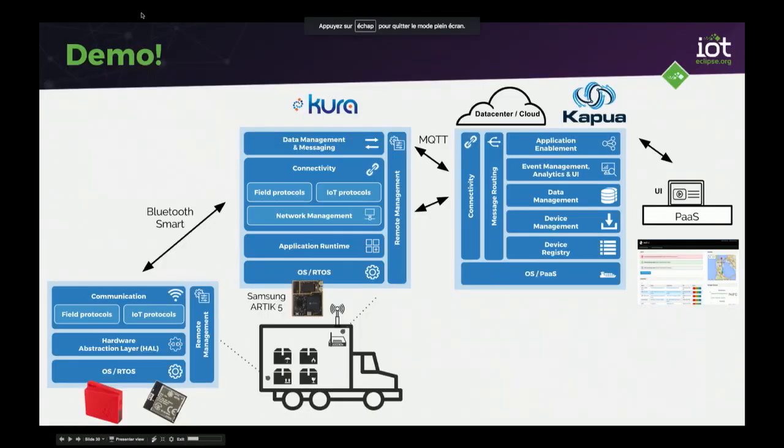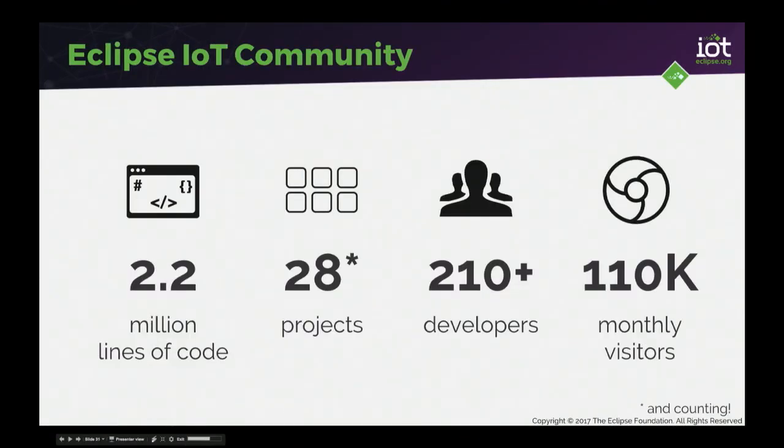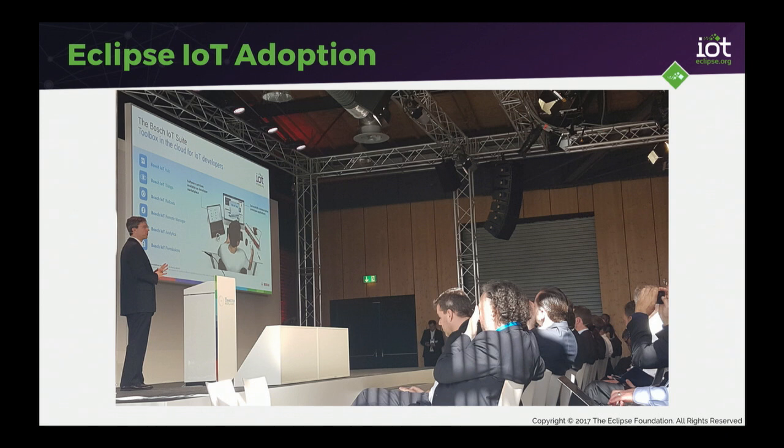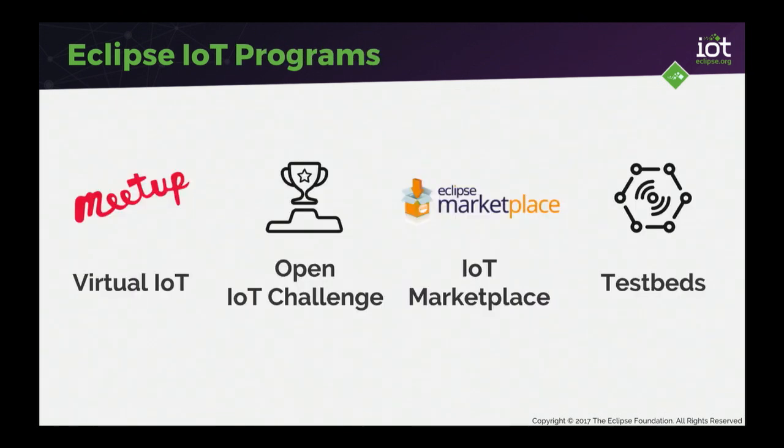So that's us, lots of code, lots of projects. If some of the names or features that I described rang a bell, please come and find me afterwards. I'd be happy to chat some more. Lots of companies are adopting Eclipse IoT. That's actually from a Bosch conference last week, and they were telling how they're building on top of Eclipse Hono, Eclipse Leshan, and Eclipse Vorto, etc. So that's really good to see.